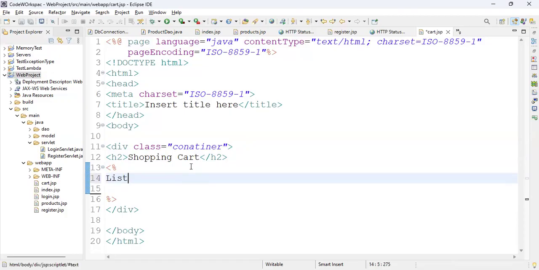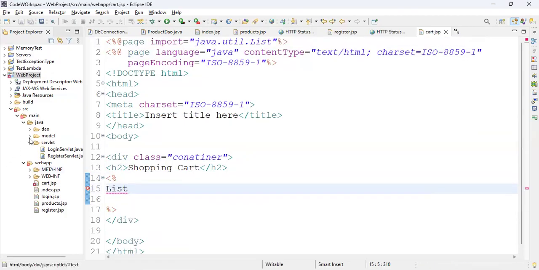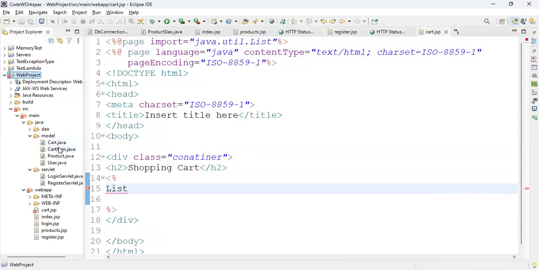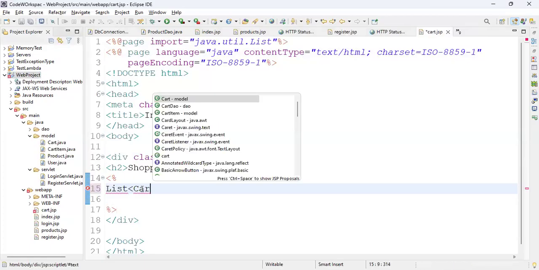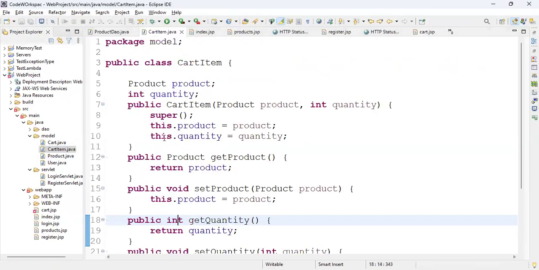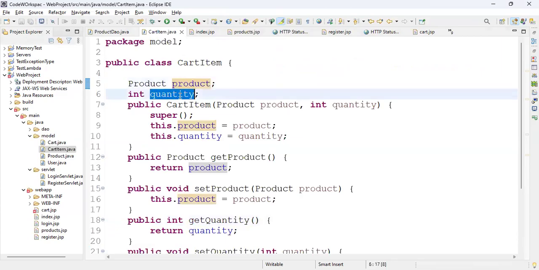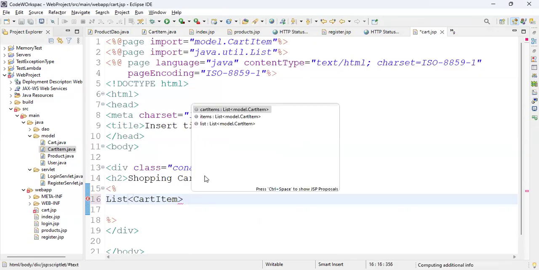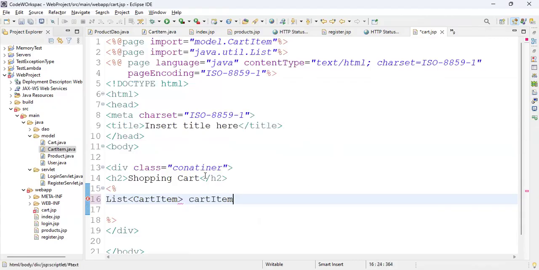Now we'll just go with a list of what. Let me go back to the model cart item. I'll go with this list of cart item. Now in this cart item class, you can check that I'll have the product and quantity, only these two fields, right? So I'll go back to this and press Control space. Let me create this with cart. Cart equals, we can create this with the